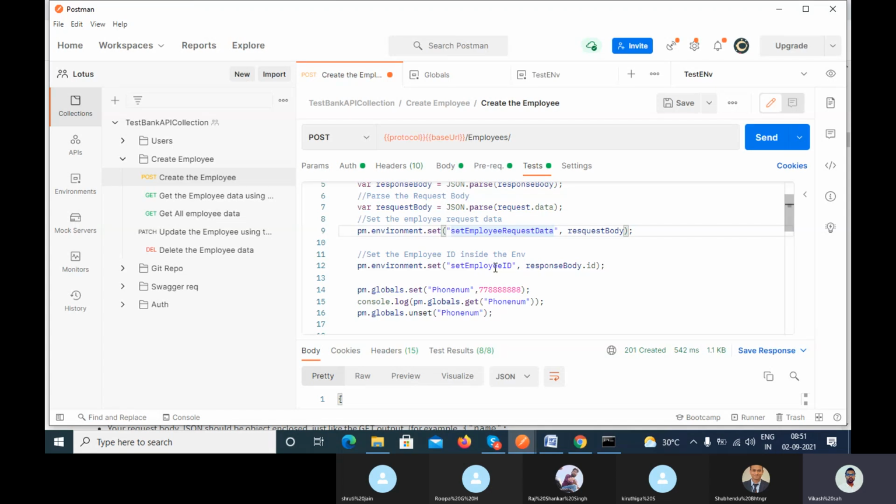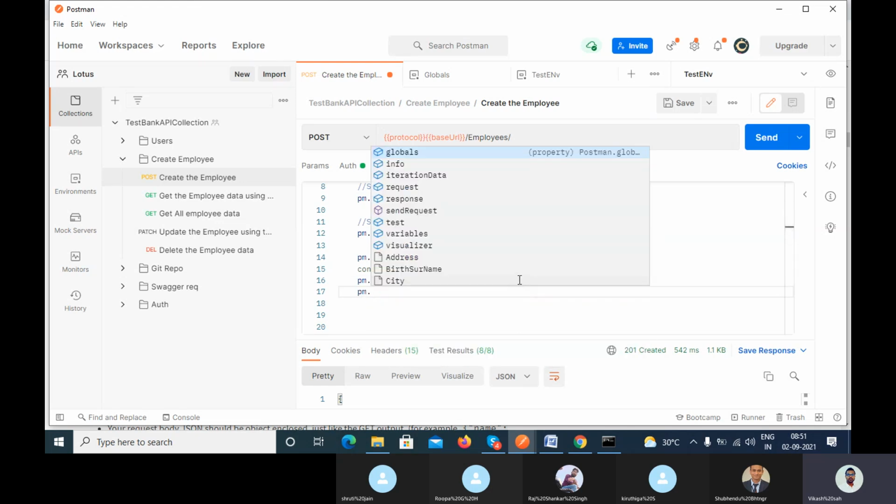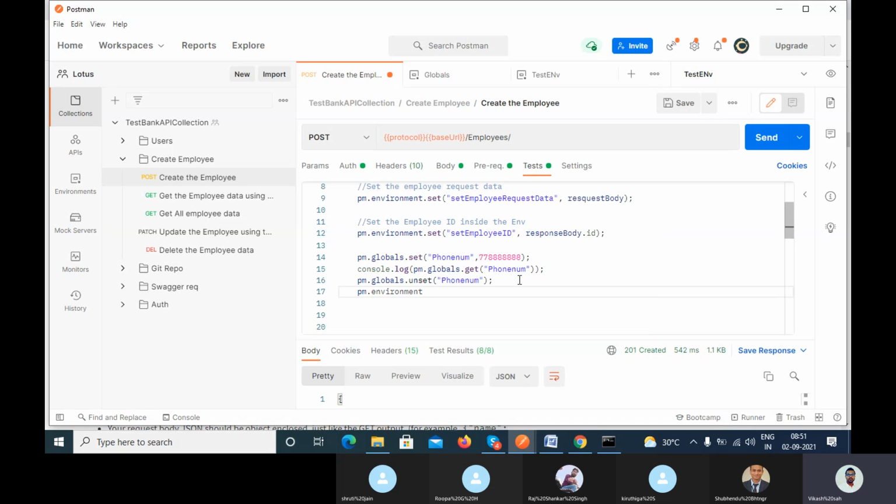You want to store that thing only at the execution level. After that, you don't want to store it, right? So in that case, you can use the unset, right? Similarly, if you want to unset any environment variable, for the environment we have the same method, unset. You can see it here, and pass the value here. Unset environment, right? You can use the